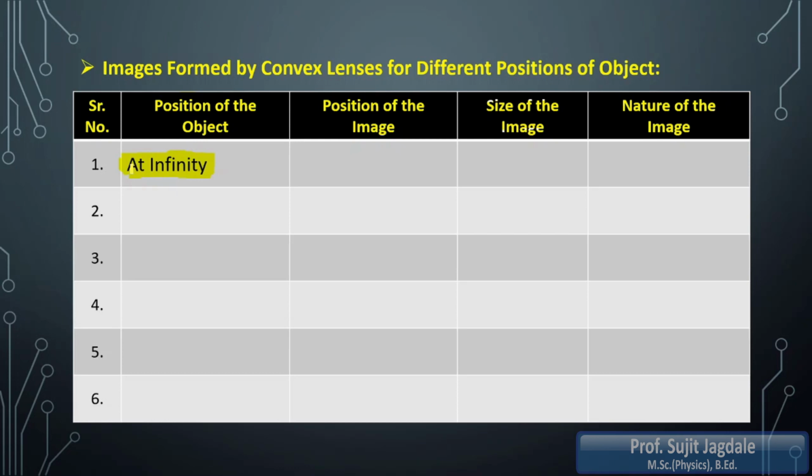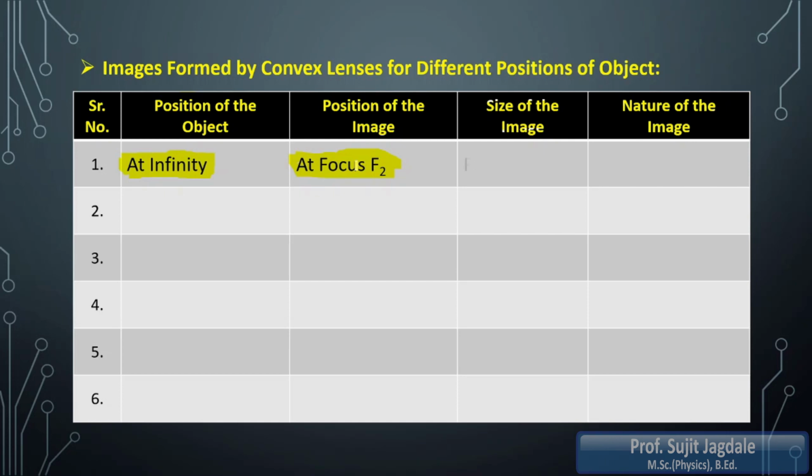So for example, if an object is placed in front of a lens or a mirror whose focal length is 10 centimeter, so 10 times f, that means 10 into 10, 100 centimeter. If I am keeping the object beyond the 100 centimeter, then that object will be a distant object, or you can say that directly it is kept at infinity. Then the image is formed exactly at the focus f2.